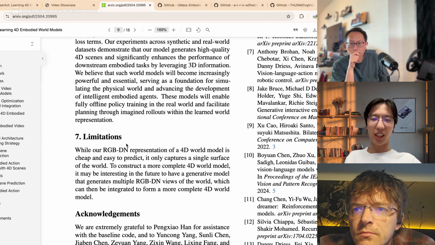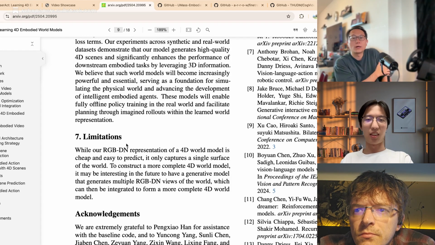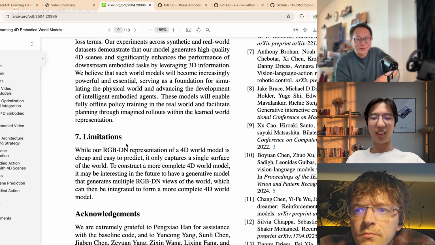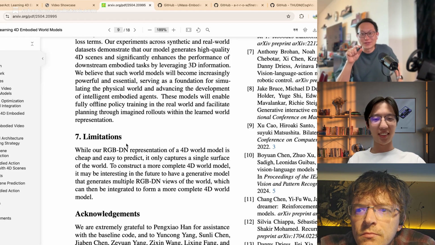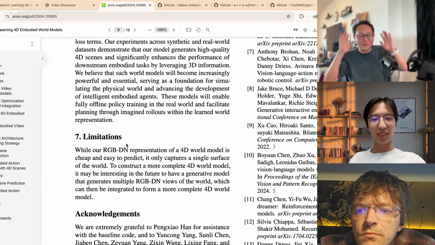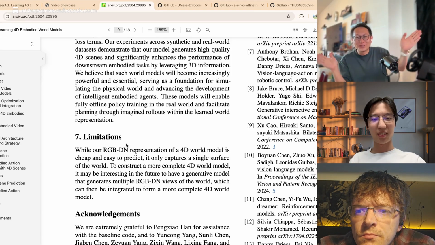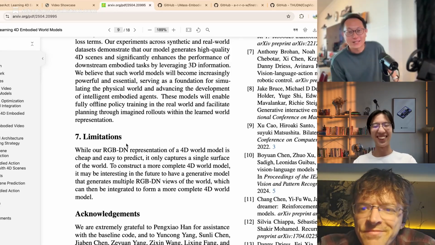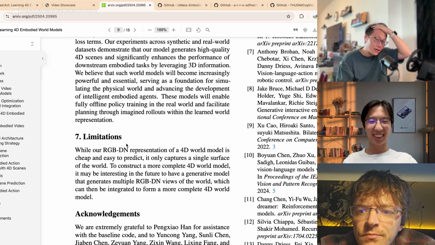So it's not enough. In future work, we will do some multi-view diffusion models like Cat4D. Okay. Sorry, I was a bit confused because it said single surface, and when I hear the word surface, I just think normal. But I guess what you meant is actually just different views. Okay, I get it now.